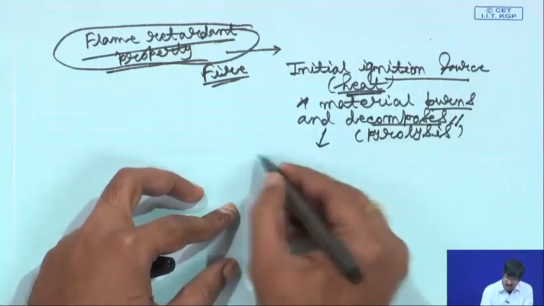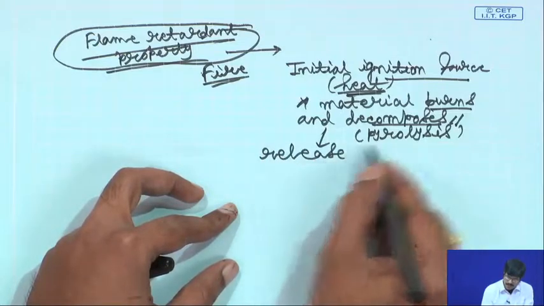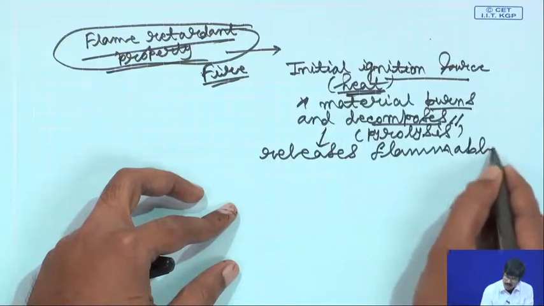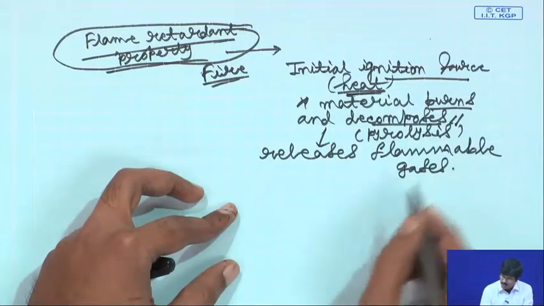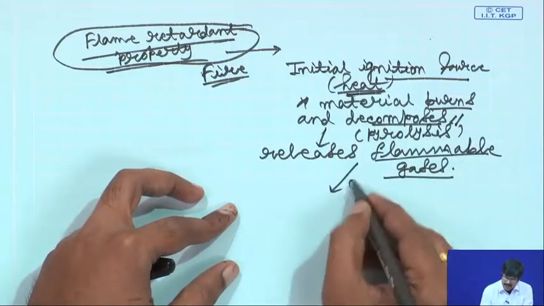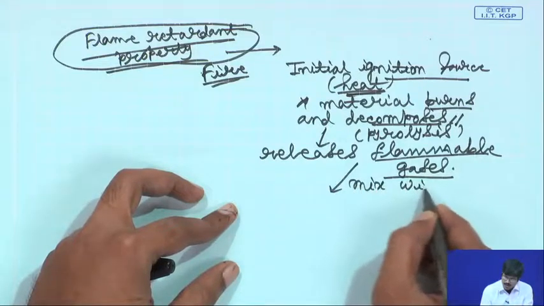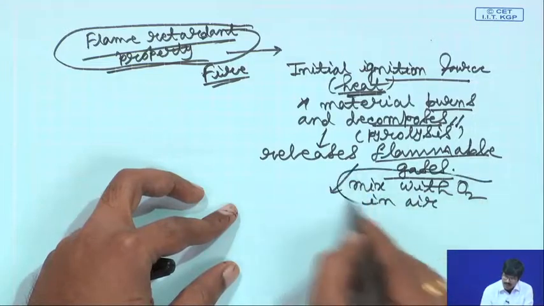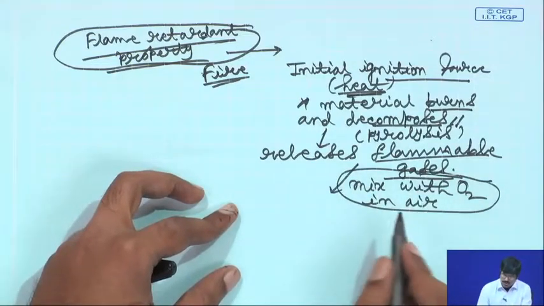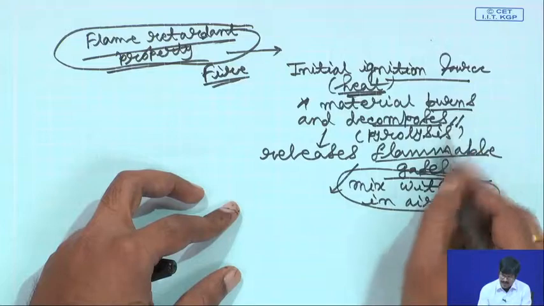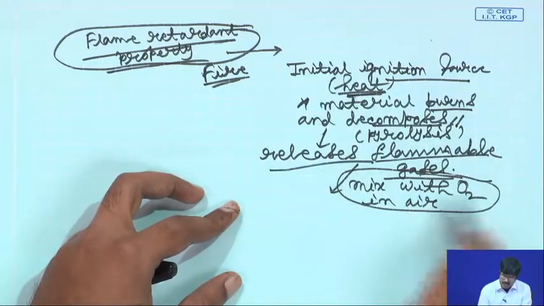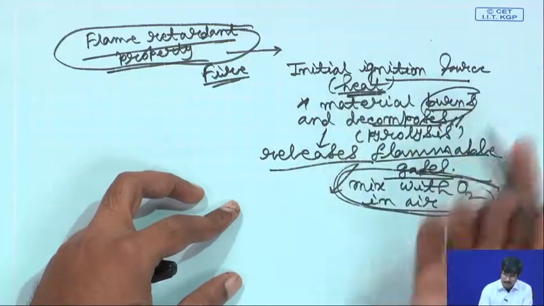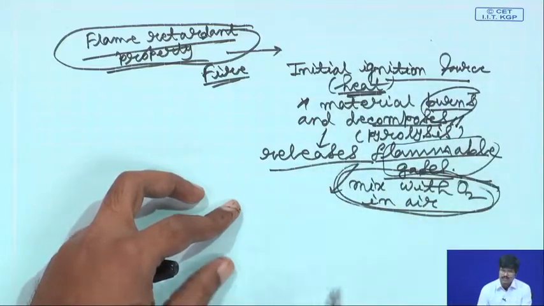when it decomposes it will release flammable gases, and these flammable gases get mixed up with oxygen in air and they will start to burn. So, this fire could then be quite self sustaining, because that also increases the heat, and so on and so forth. The material burns further and it decomposes and further flammable gases are released.